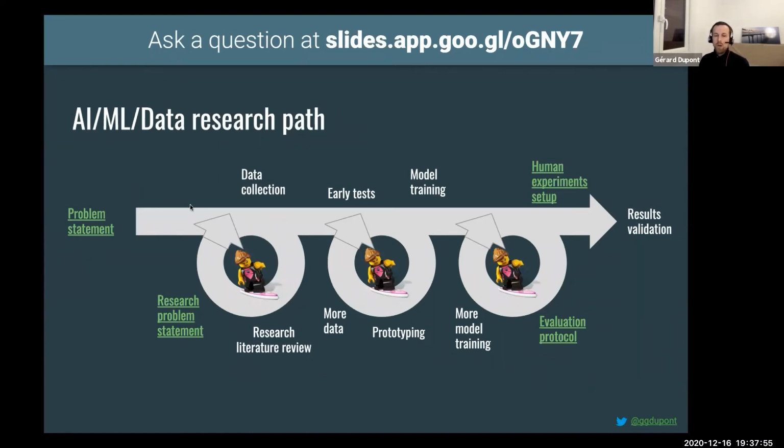If you have misclassified your problem, or if you have the wrong dataset, then you can go forever in your algorithm loop. It will not work because you are not optimizing the right problem. And at the end, you have this model or this prototype. The last loop for me is really the evaluation part, where you put your model in front of your future users and you evaluate, not offline, not with a fixed dataset, but with real people, to assess how they behave in front of this system.